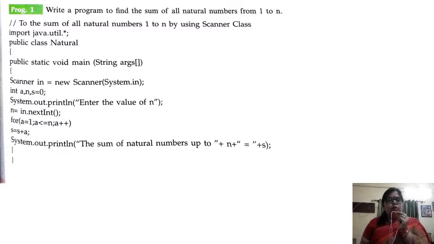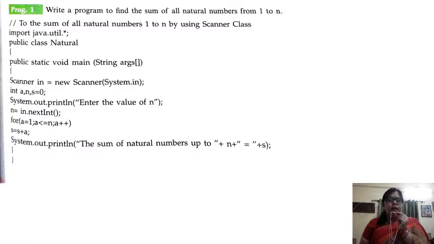See, here is a for loop for you all. a has been initialized with 1. Here is the condition: a will work till n, and a plus plus, the increment operator, has been put here. Now we have to do the sum of the natural numbers. Suppose a is 1 first, 1 plus 0, the answer will come 1. Then again the loop will work. Suppose we have input 5 here in the n.